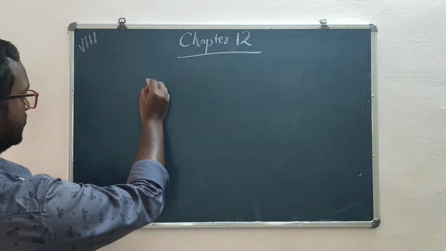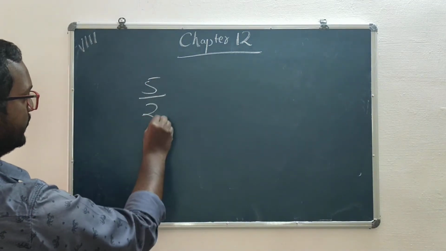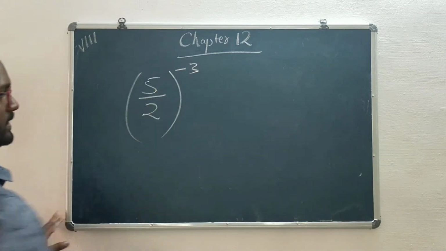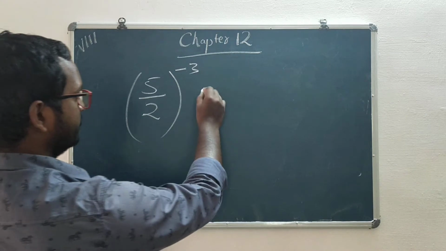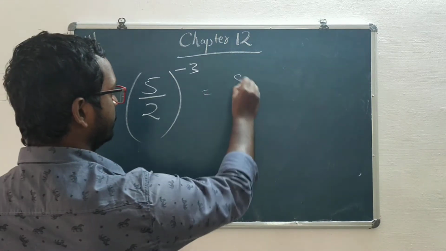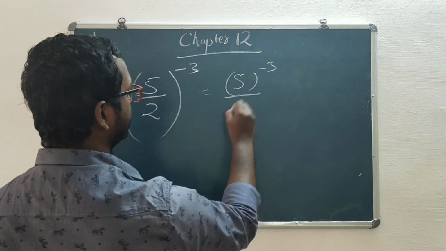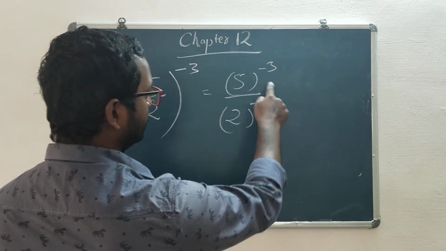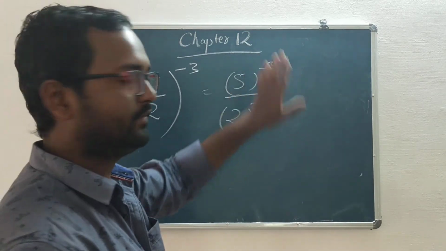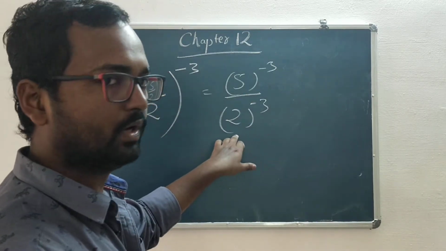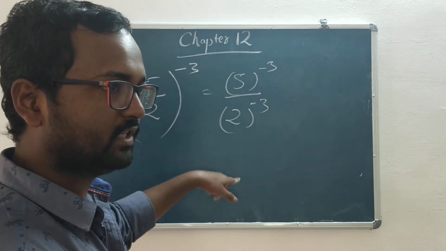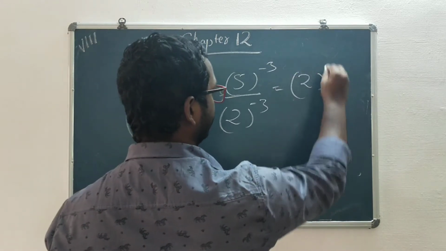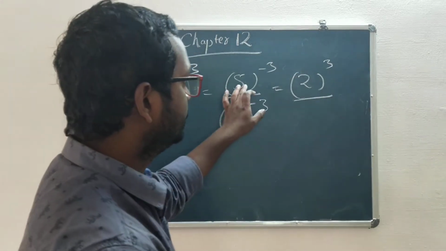Which is 5 by 2 power minus 3. So here we can solve this as 5 power minus 3 over 2 power minus 3, with this method. Whatever number you have in the numerator with negative exponents will come to the denominator, and whatever number you have in the denominator with negative exponents will go to the numerator. So here we will have 2 power 3 divided by 5 power